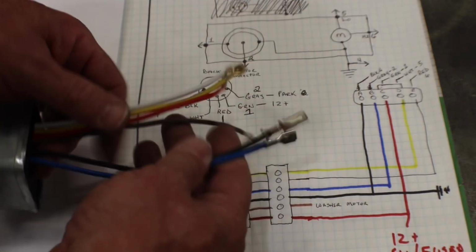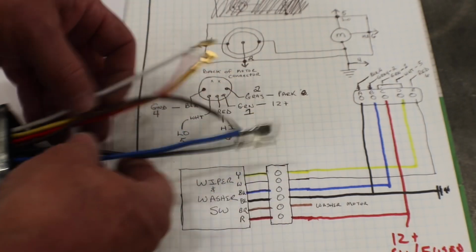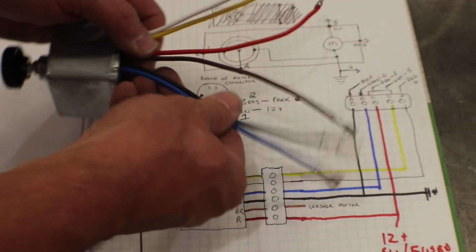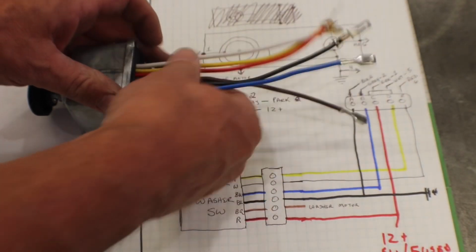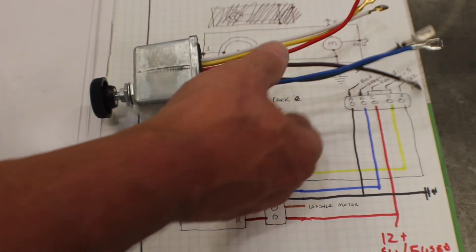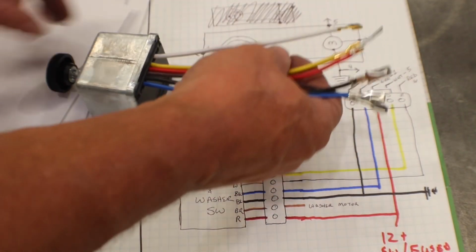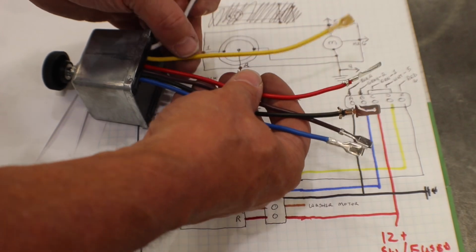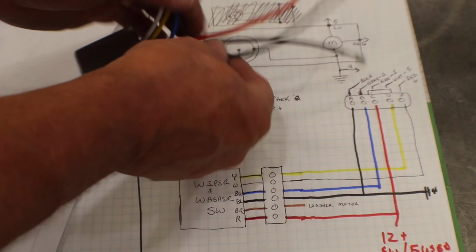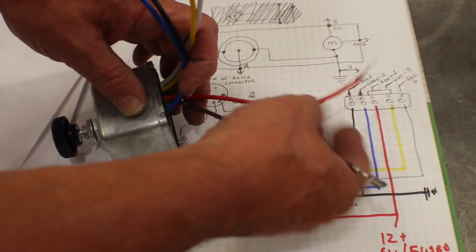So on this, we'll be connecting all of these wires. We have a white, a yellow, a red, a brown, a black, and a blue. And again, these colors don't really matter, except that it's pretty easy. Every one of the switches that I've found, no matter where I've bought them, the wire colors have been the same. So that has made it easy. And what we're going to go through here is white is the high speed, yellow is the low speed for the motor control, blue is park, black is ground,